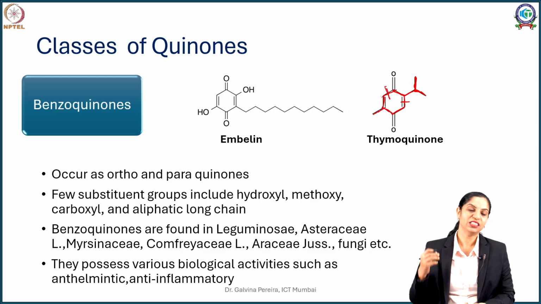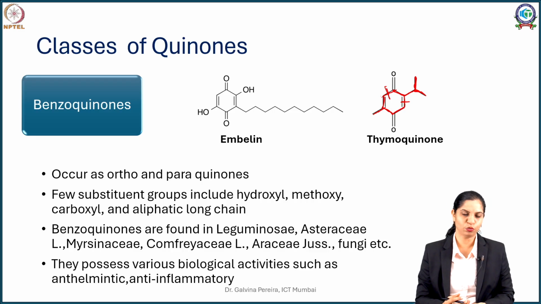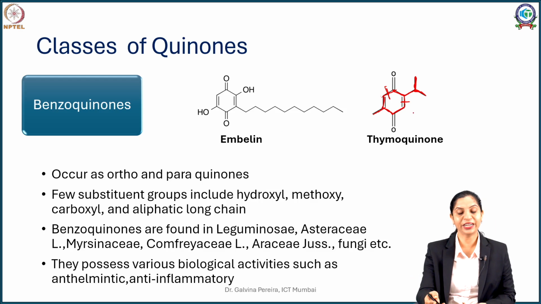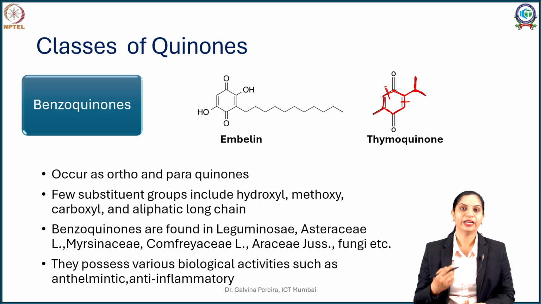So like I said, just to put an emphasis, the majority of the quinones have been brought in by the polyketide pathway, but there are some which are derived from isoprenyl pyrophosphate, or what is called the acetate mevalonate pathway. In some cases they are also derived from the shikimate pathway. Now depending upon that, you might have different substitutions occurring. In some cases you will find long chained ones, in some cases you might have short substituted quinones. Sometimes in nature you may also find compounds like furanoquinones.